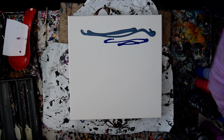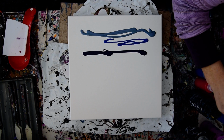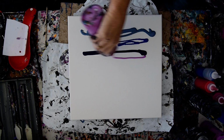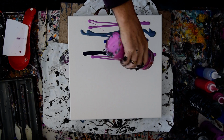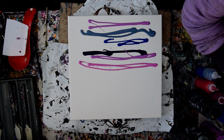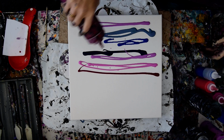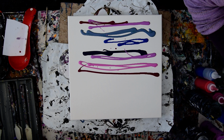And I'm going to try and keep my paints separated, because the truth is that I have a bunch of paints that are mixed up in bloom configuration. And that's where I'm going to lead this to if I get a chance. I'm just going to keep putting paint down that I like. And then I'm going to throw in maybe...